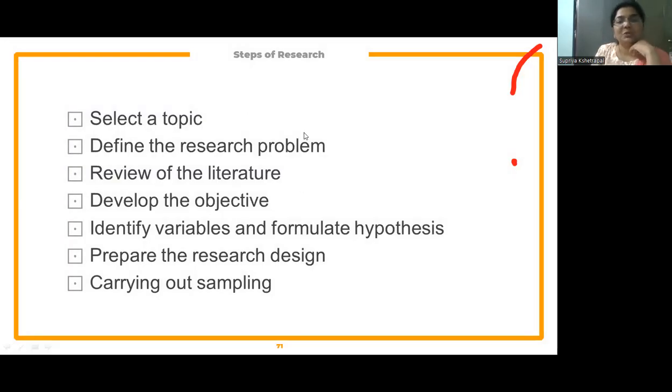So as I have already explained everything, what are the steps for the research? We have to select a topic, define the research problem, and review the literature, which can be done by ICT, Shodhganga, and various Google Scholar,